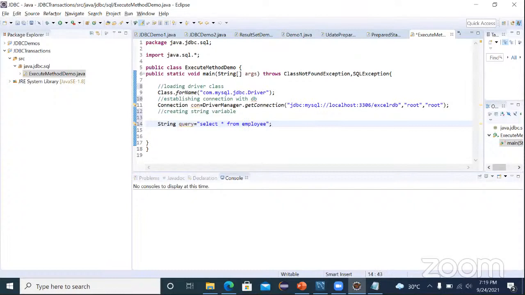So this is my query. Please observe. And now I'm going to declare one Boolean variable. So Boolean, and I'm taking it as status, or any meaningful variable. But yes, I'm taking it as status. Status equals to